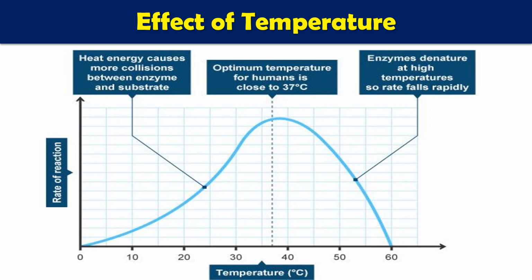So now, if you are going to increase the temperature, for every enzyme, every protein, there is a temperature at which that enzyme will have highest activity. That is called their optimum temperature. So for every enzyme there will be an optimum temperature, where enzymes will have highest activity. If you increase the temperature above the optimum temperature, or decrease the temperature below the optimum temperature, enzyme activity is going to decrease.